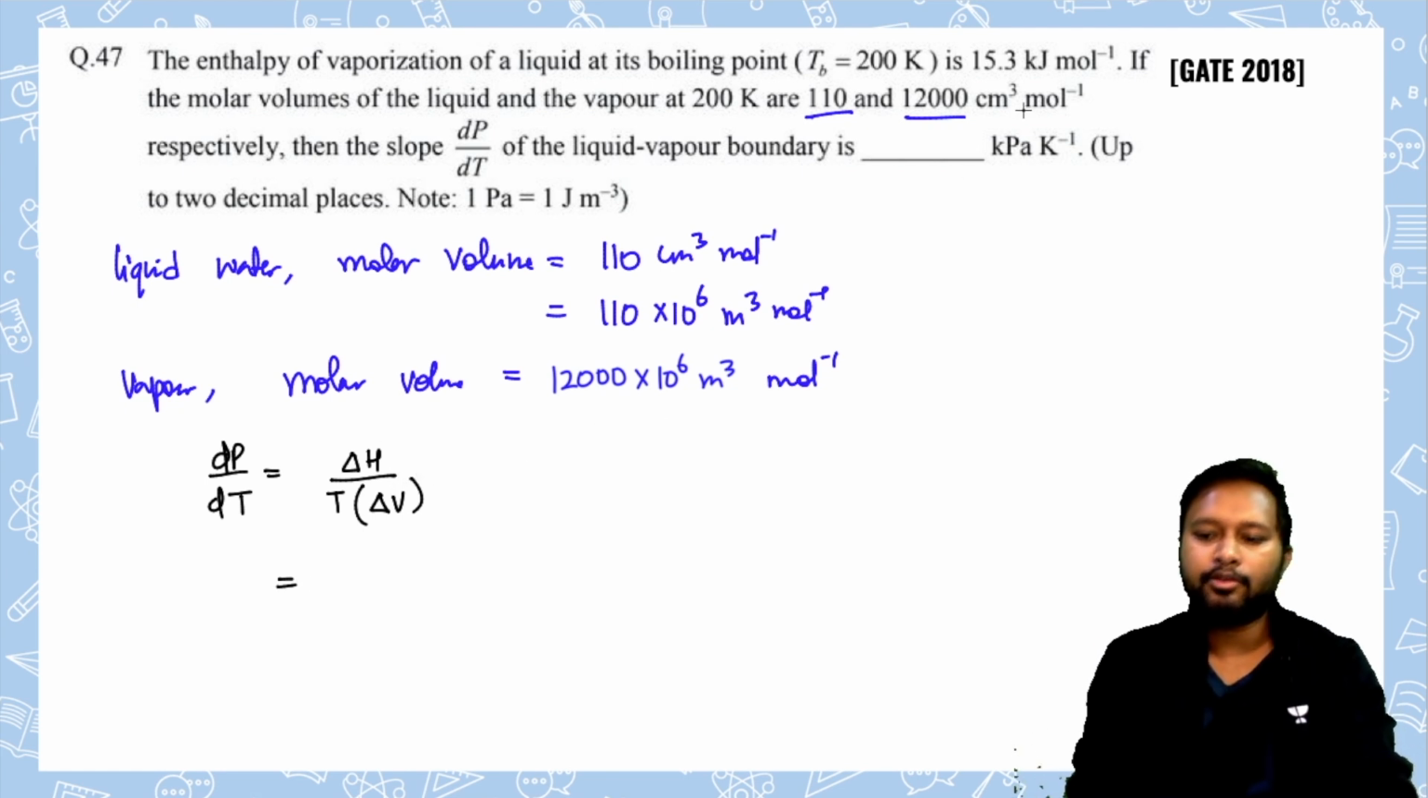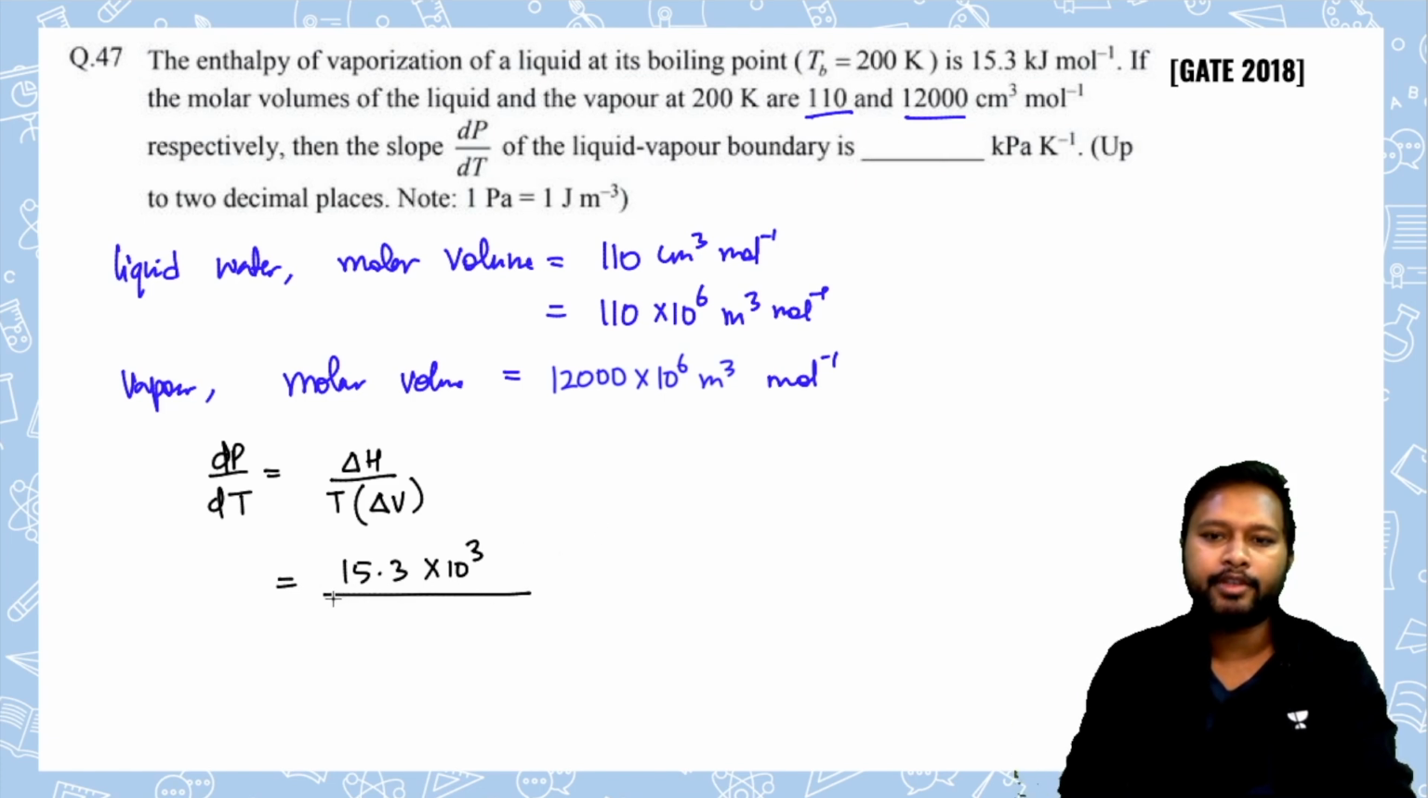Now it's given in kilojoules per mole, so let's put it in joules per mole. So it will be 15.3 into 10 to the power 3, and then it will come in joules per mole. In the denominator I have to put temperature. Temperature is given to me as 200 Kelvin, and volume change I have to put, so gaseous minus liquid,